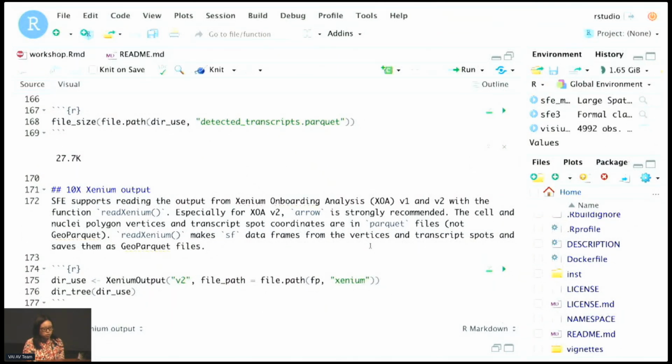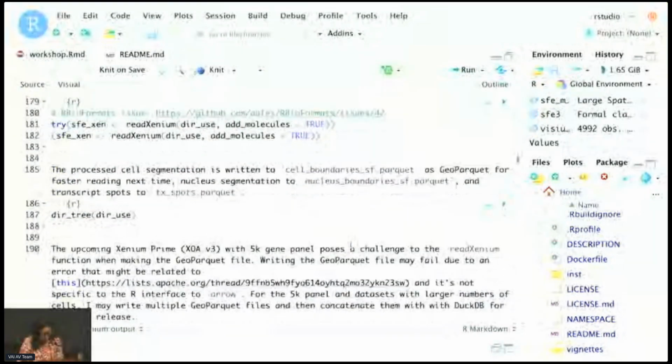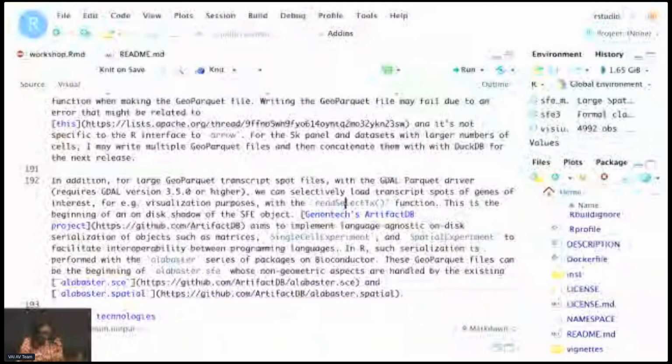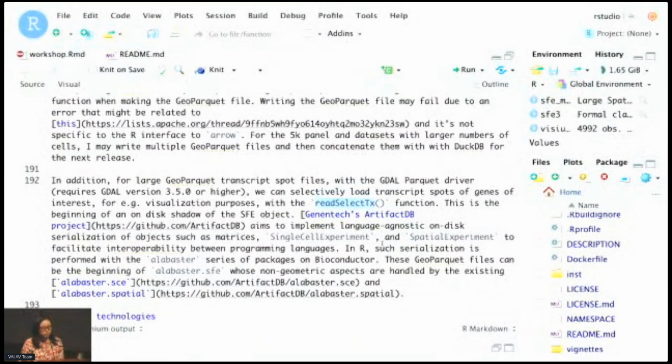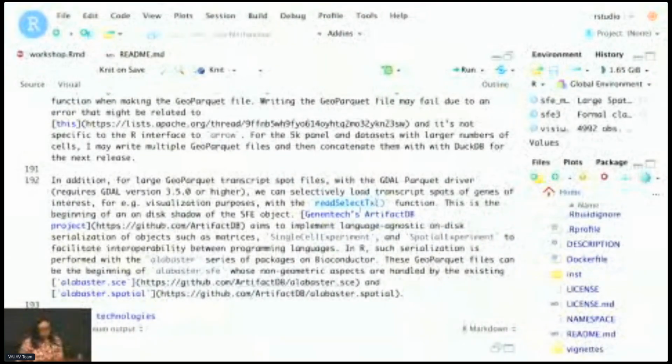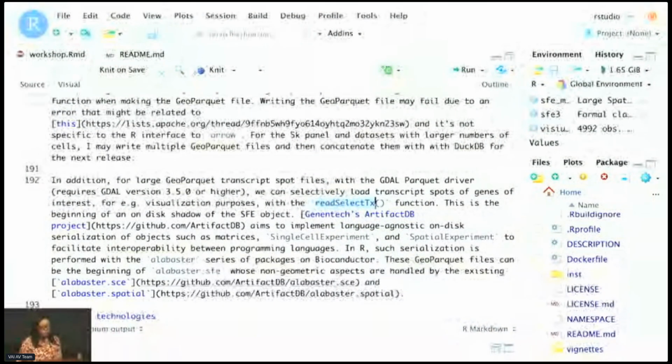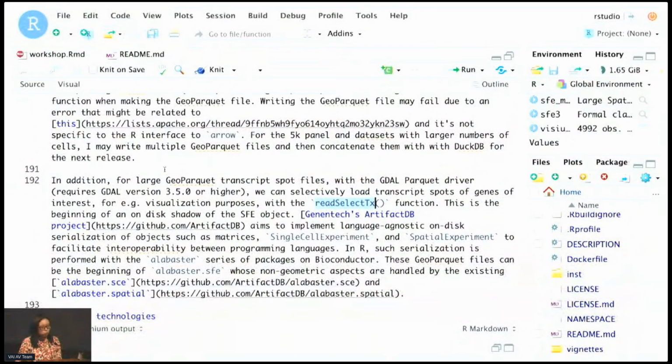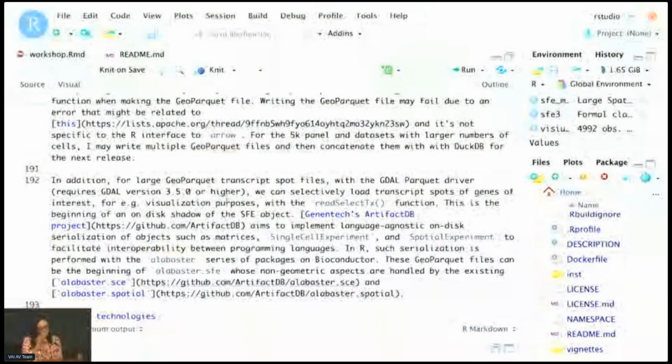That way, once you have the GeoParquet file for the transcript spots, you can use the function in the SFE package called read select transcript. Most of the time, the use case for the transcript spots will probably be visualization. With read select transcript, you can specify just a small number of genes, and GDAL behind the scenes will only read the transcript spots from those genes instead of everything. That's also called behind the scenes by the plotting functions that plot the transcript spots. But again, that requires a newer version of GDAL.